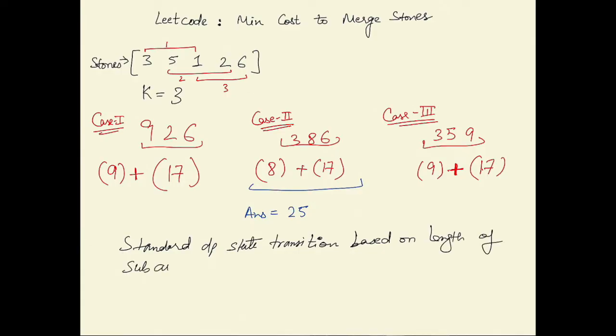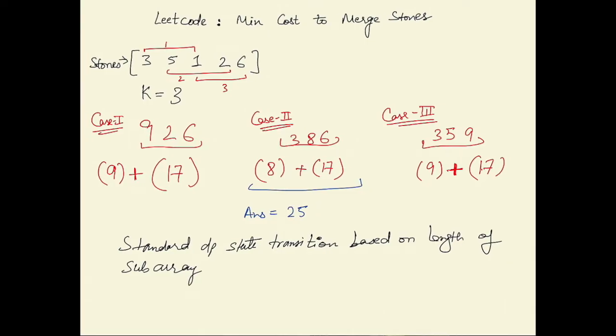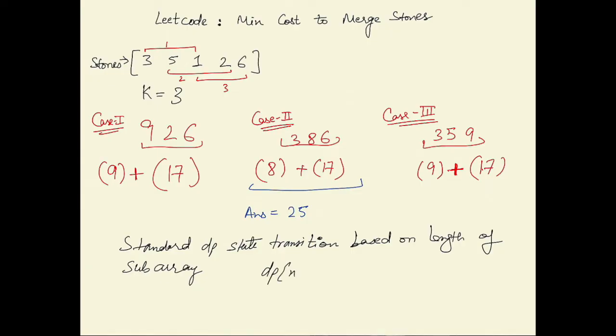This is a very standard state that we use in many DP questions, for example in the longest palindromic subsequence. So what I mean by that is that our state is dp[x][y],